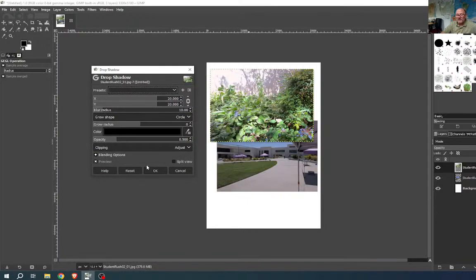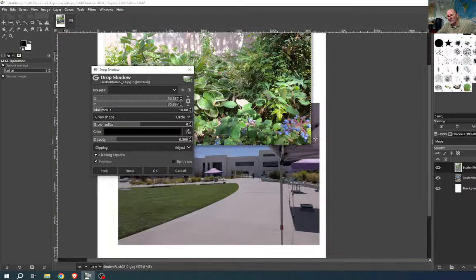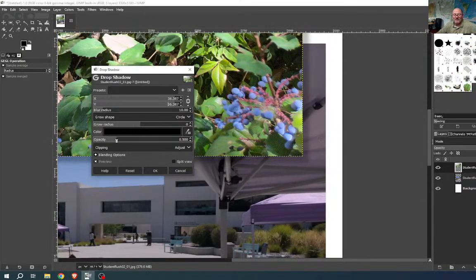And here's where I can preview what the drop shadow looks like. In this case, it's 20 pixels out, but I really can't see it that well. And we can change the opacity of it and how it clips it and how it blends the drop shadow. I think I need it a little bigger till I can see it. There we go. This is a fairly high resolution image, so it has lots of pixels. So one thing you can do is hold the control key down and roll your mouse wheel so we can see. And the opacity is pretty